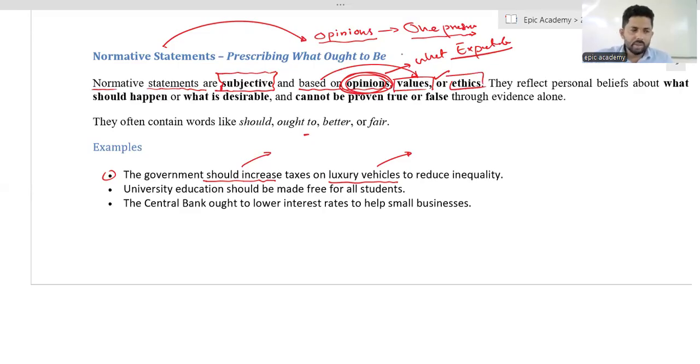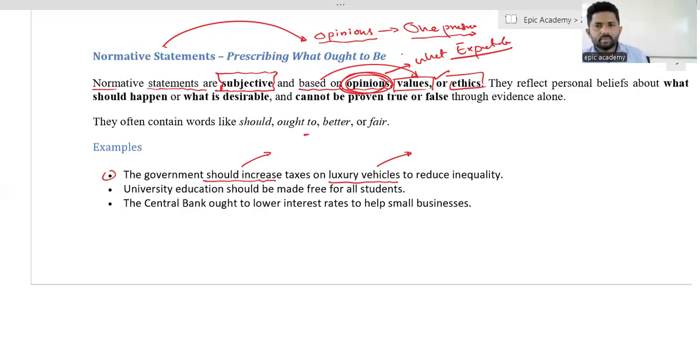You are expecting something from the society, but you will not get it because personal expectations and the practical scenario are different. So that is what happens in any kind of society. That is why they reflect personal beliefs in the normative statement